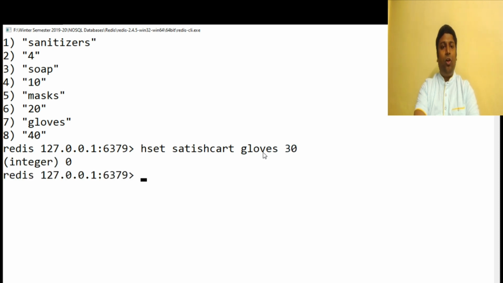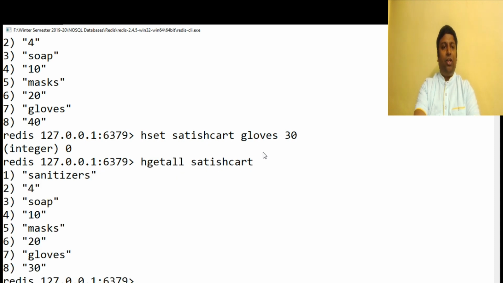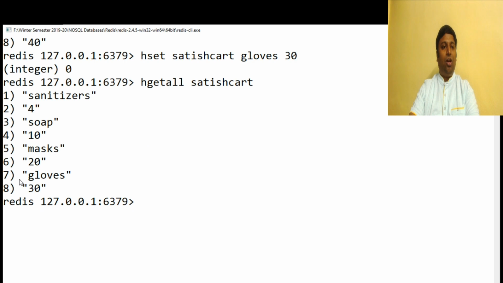So now if you go and do an HGETALL on Satish cart, you can see the value for gloves got set as 30. HSET can be used for adding new key value pairs. At the same time, it can also be used for updating an existing field, the value for an existing field in the structure. So is that clear?